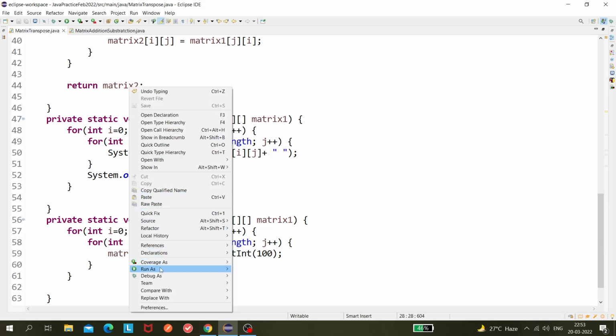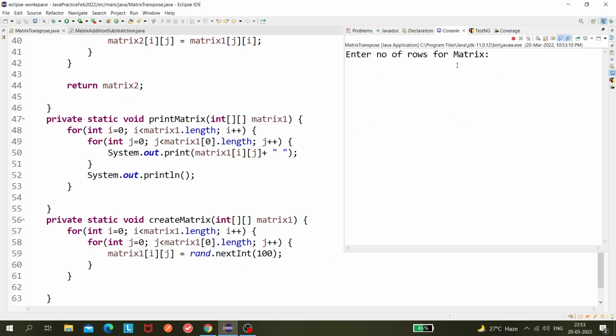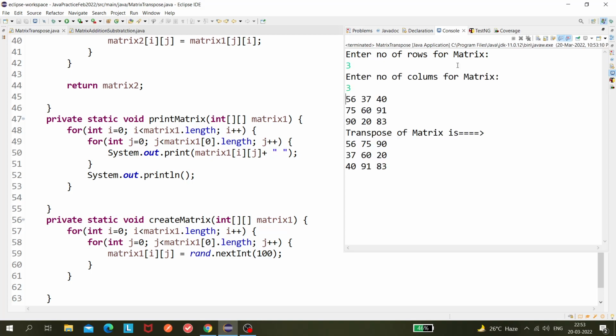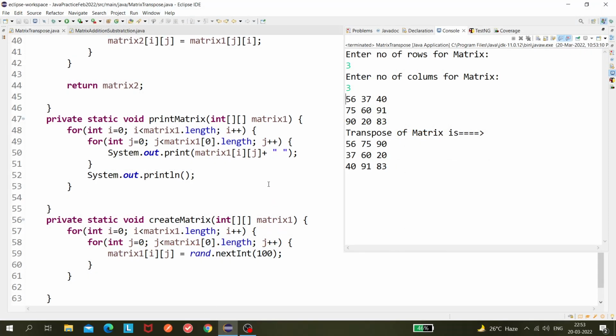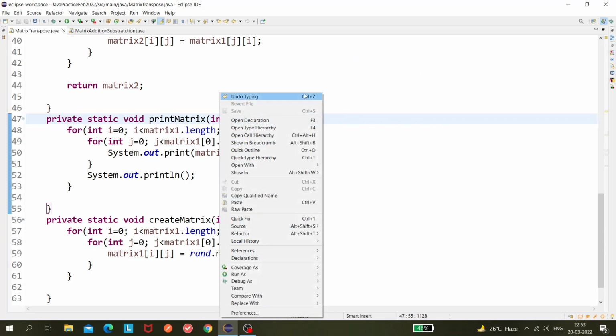Okay, let's run one more time. So it's 3 by 3. Here also we are getting the correct one, 56, 37 and 40. Rows become columns, and the second row becomes the second column, and